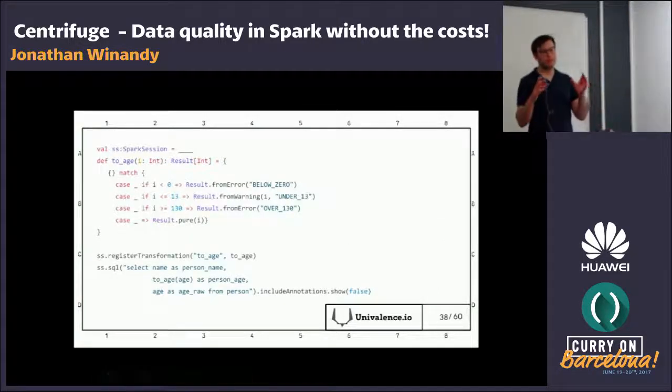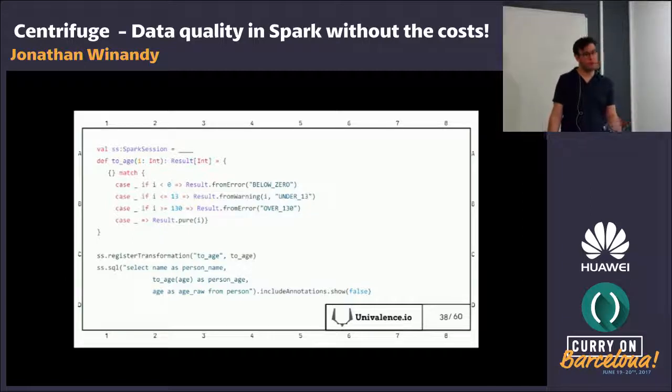So you could run your SQL query as if you don't care about data quality, and it will change nothing about what you did. But if you care about it and want to store data qualities on every row, you can include the annotation, and automatically that will collect all the annotation values to an annotation column.